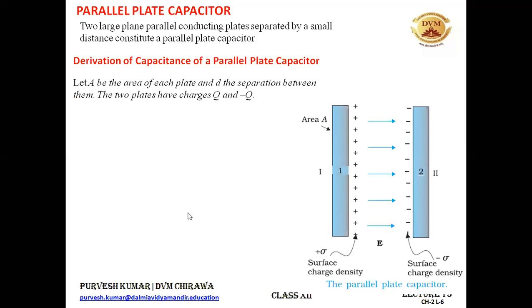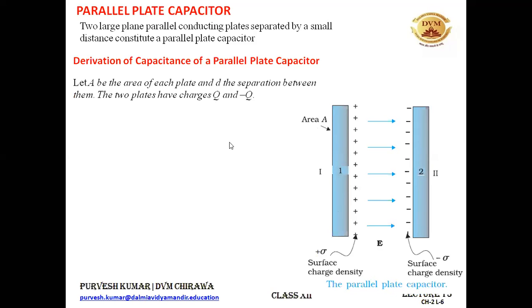All right. We all know the electric field will exist between the plates, because electric field will always be directed from the positive charge towards the negative charge. So this is the positively charged plate. It will have the electric field lines coming out of it, and they will be going towards the negatively charged plate. We have studied this in our chapter number 1.